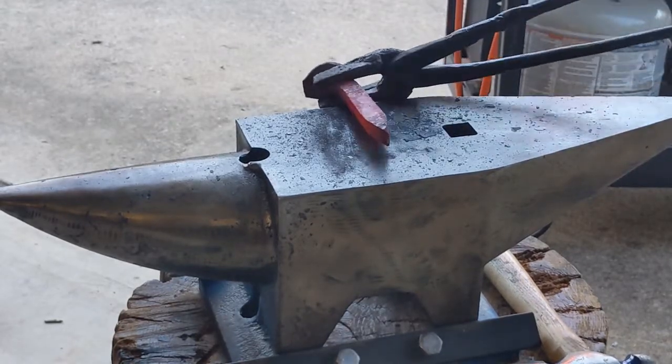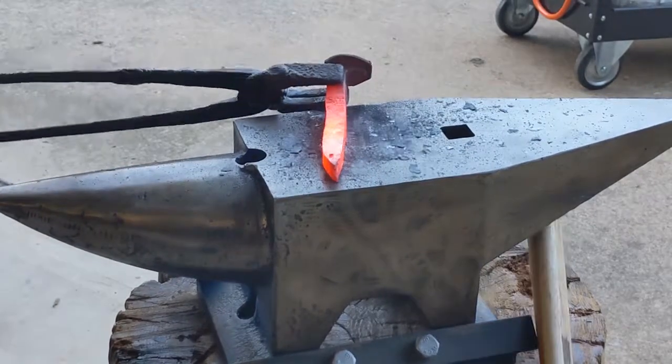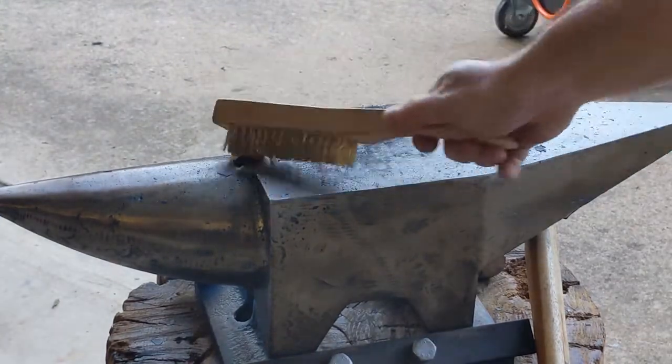You can't see them now because it's a big thick hunk of steel, but when I start to draw this out and hammer in the bevel and then do the twist, you're definitely going to see where those stress fractures came into play. So drawing out is what I'm doing here, as well as straightening out that bit. And you see I'm